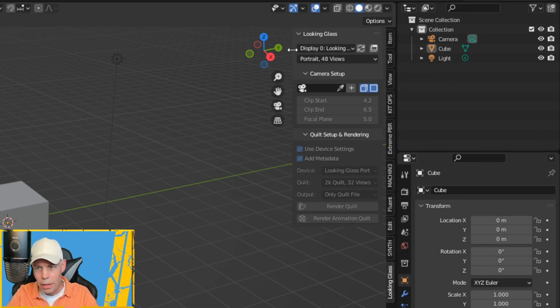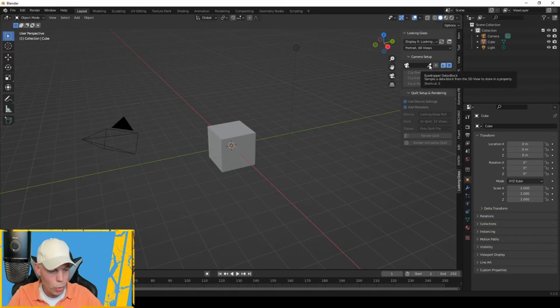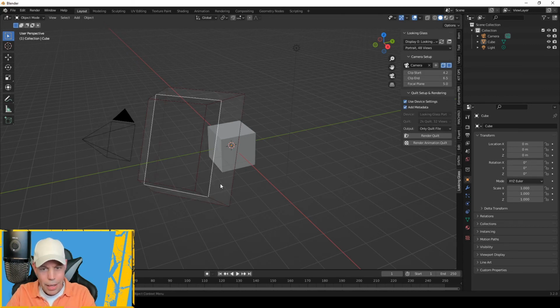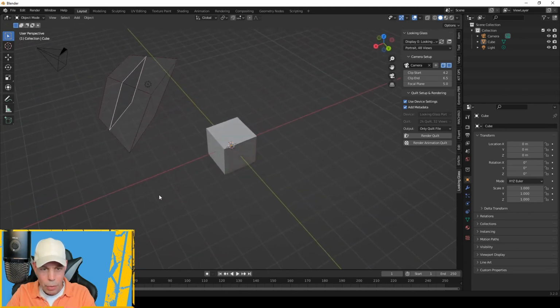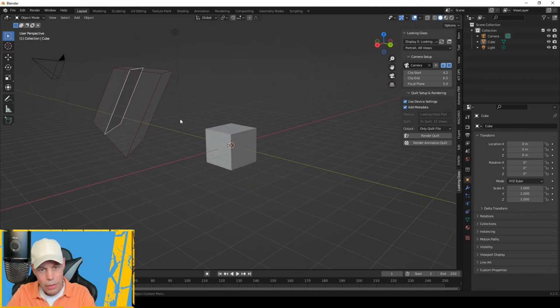The first thing that we want to do is we want to select a camera. And the camera is here under Camera Setup. As you can see, this is empty for the moment. And we want to take the eyedropper and select a camera. So let me just zoom out. So what I want to do is select the eyedropper, move over to the camera which is available, clicking on it. And that generates a field of view which relates to the